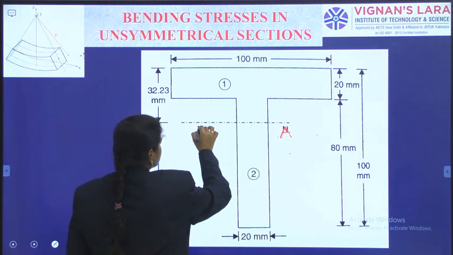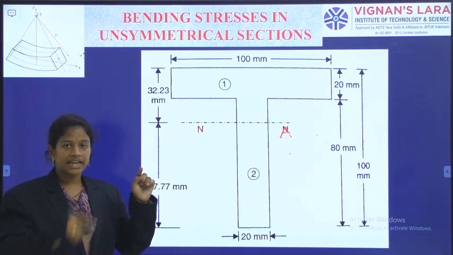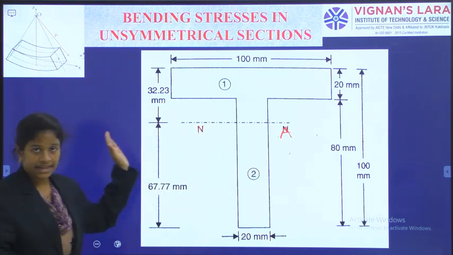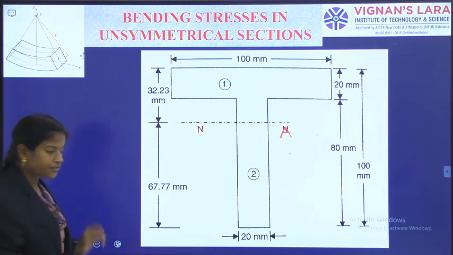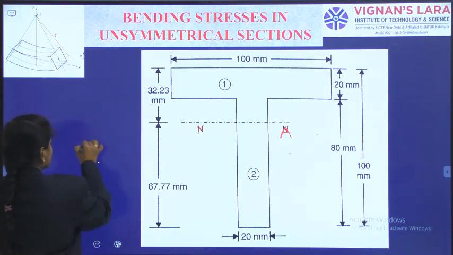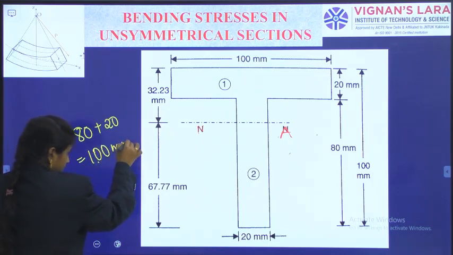You can write NA. NA is indicated for the neutral axis. The neutral axis is the section line. The top remaining measurement is also important for us, right? So for the reference I am writing 80 plus 20, that is equal to 100 mm total. That 100 mm minus